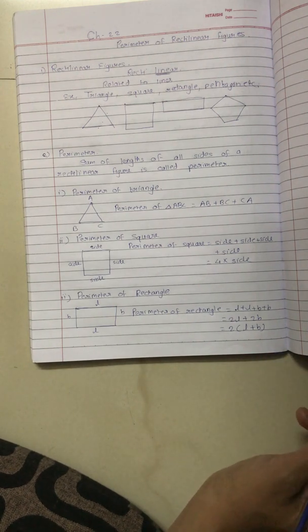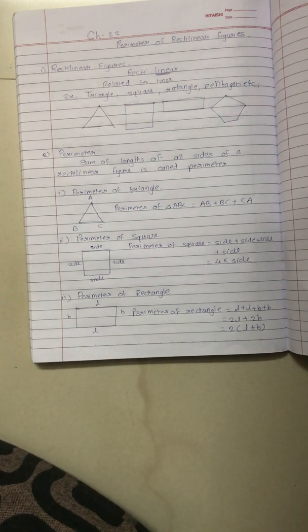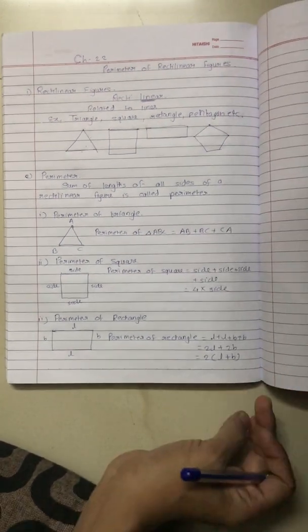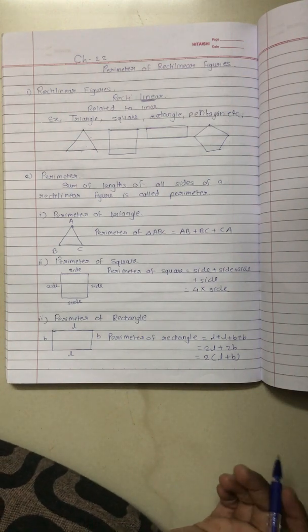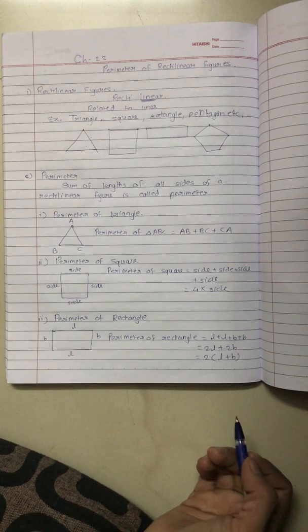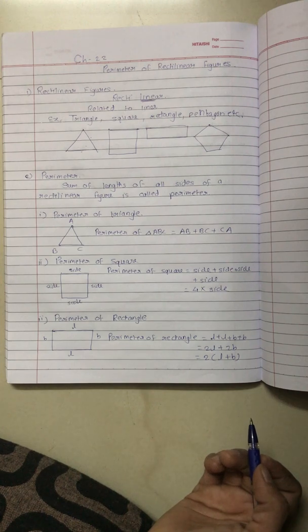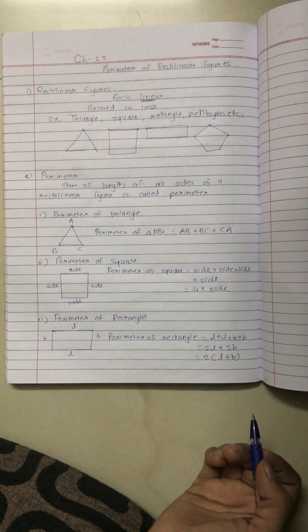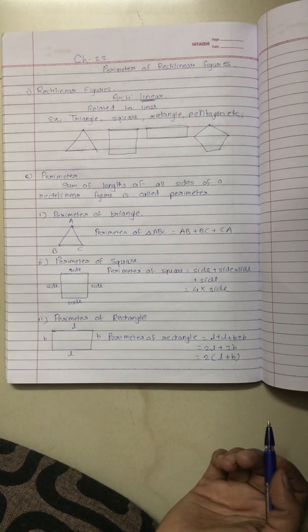Now see, when you are going to use this formula: whenever you have questions like find the boundary of a particular given figure or a field, or a sum like find the length of wire required for fencing a particular field, in such cases you are going to find the perimeter of the given figure or shape. On this basis we have the exercise. In the next video you are going to see how to solve the questions related to the perimeter of rectilinear figures. Thank you.